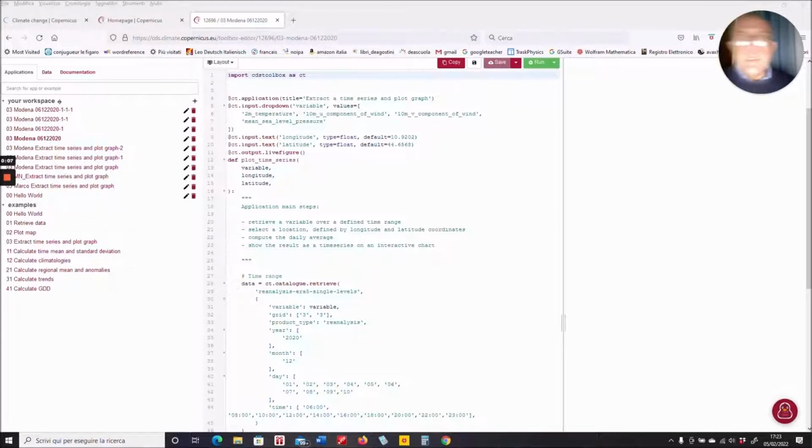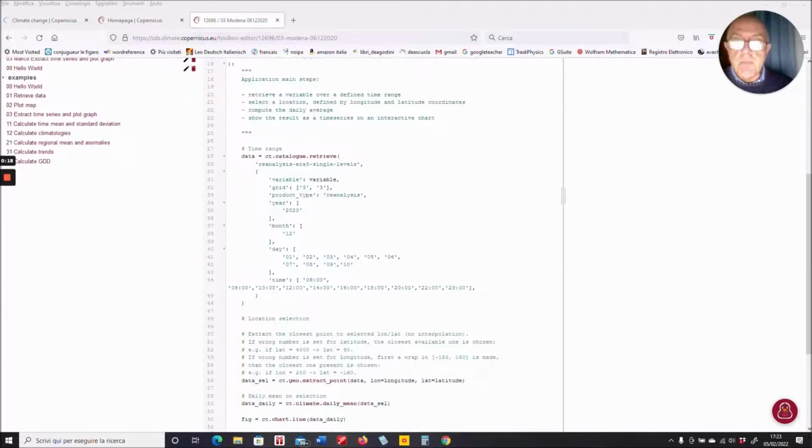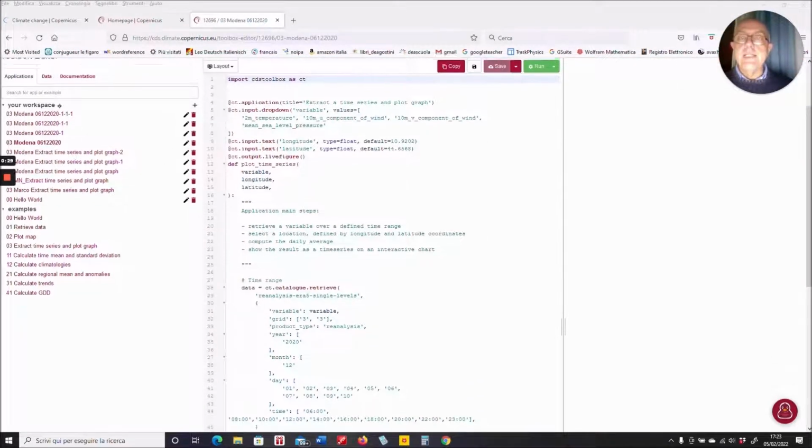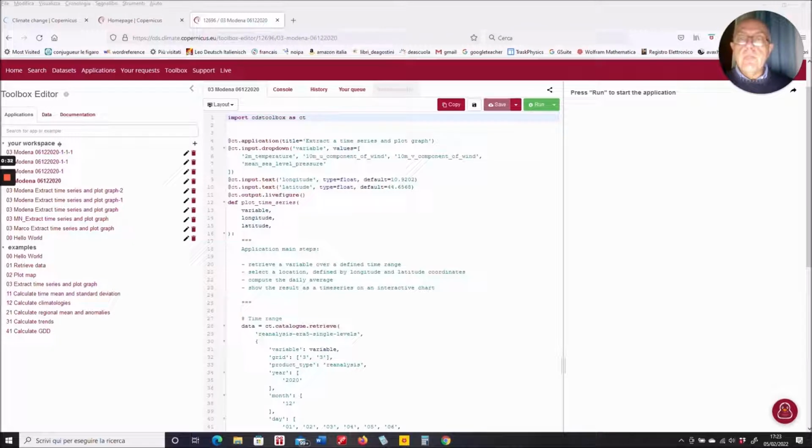And let's have a look at the central part of the dashboard. This is a Python program. You don't need to change it massively. What you want to do probably is to define your latitude and your longitude, or at least to define the longitude and latitude you are interested in, the region you want to examine. So if you have a look at these two lines,